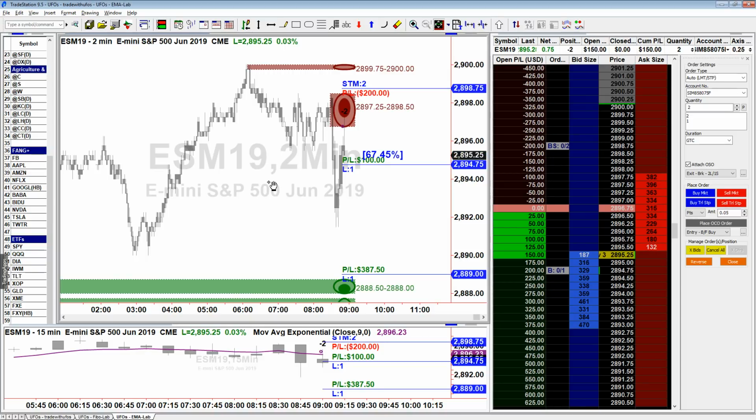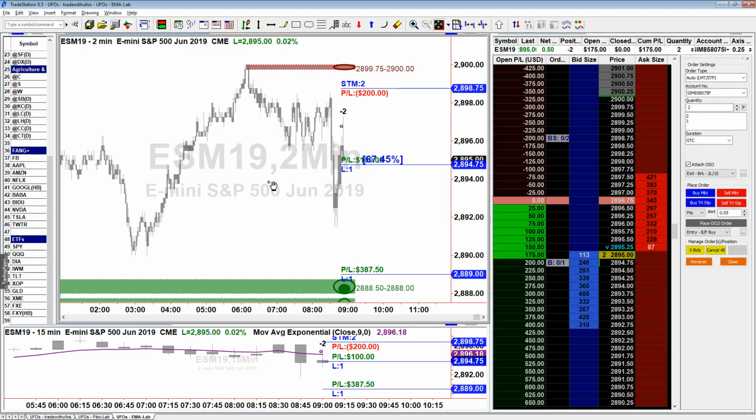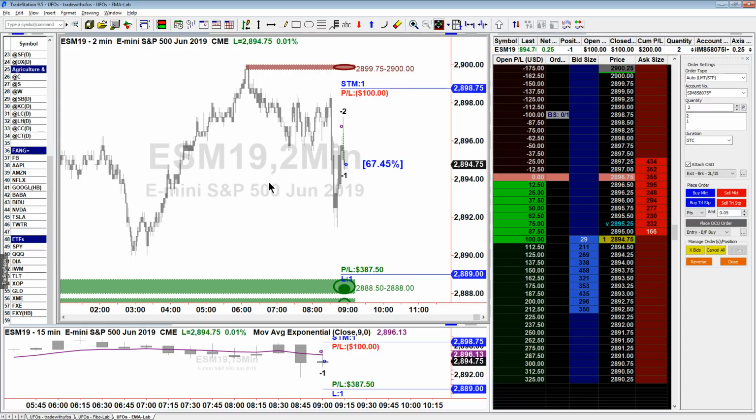But we have no control over it, so we need to always be humble about that fact and always manage a trade from the probability standpoint, okay? So we went 1 tick away from target 1, our safety target. We just reached the safety target, so we just removed the risk of the trade. That's it. No more risk.